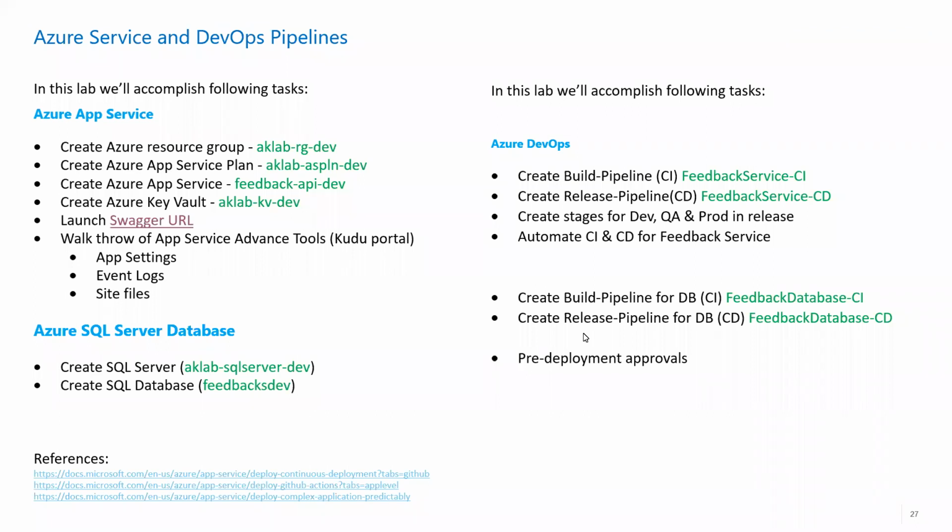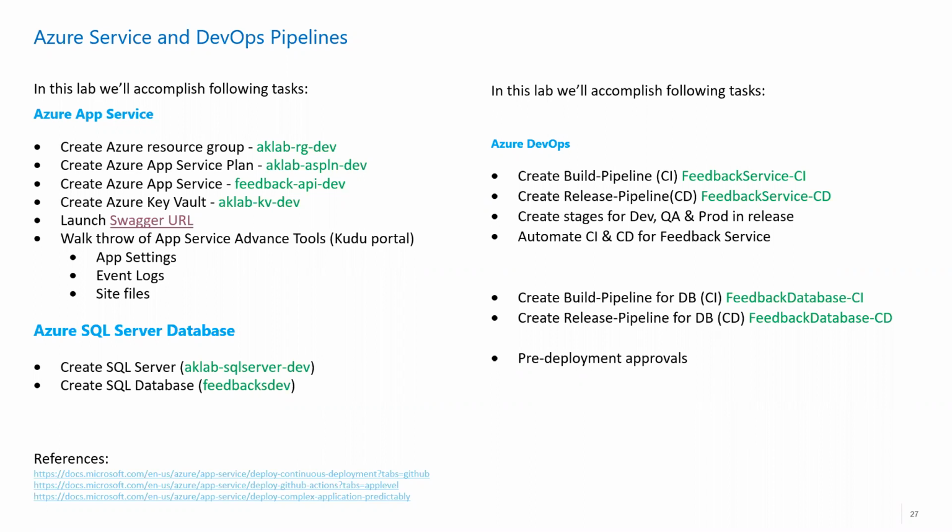In today's session, I will be focusing more on creating the Azure App Services, creating the Azure Resource Group, the App Service Plan, where my app service is going to sit, and also Azure Key Vault. I think this is something I already created in an earlier video, so I will be using the same Azure Key Vault. And once I create all these resources, I'm going to publish my code and see if I can see the Swagger URL hosted live.